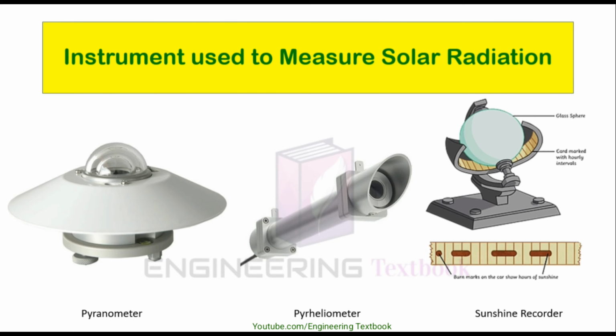So in the last video, we studied solar radiations and different types of solar radiations such as direct solar radiation, diffuse solar radiation, reflected solar radiation, infrared, visible and ultraviolet radiations. And again we have seen three types of ultraviolet radiations. And at last, we listed the instruments used to measure solar radiations. So in this video, we will study all those instruments which are used to measure solar radiation, with their construction and working. So let's begin.